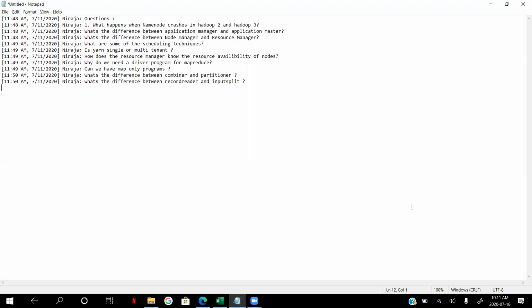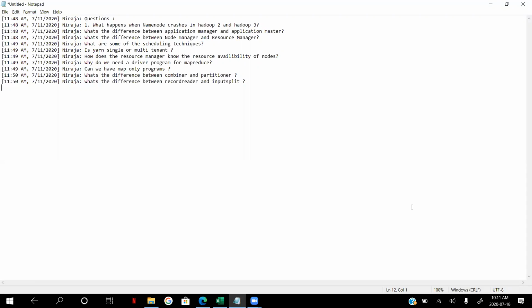But how can the standby name node just come up without being in sync? That's why it needs journal nodes. What the journal nodes do is they sync the file system image between the active and the passive. So that is why you need journal nodes. Between Hadoop 2 and Hadoop 3, it's pretty much the same HA capability. However, in Hadoop 2, there's only one standby. In Hadoop 3, there's more than one standby. So I want you to read this a little bit more carefully and then answer that question.